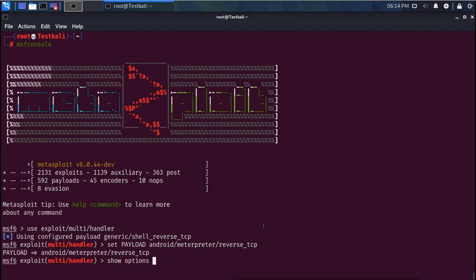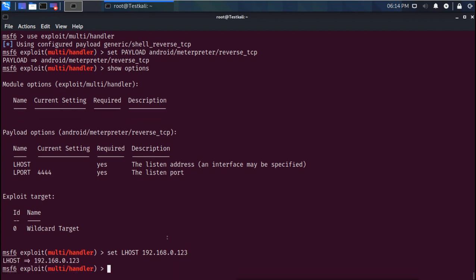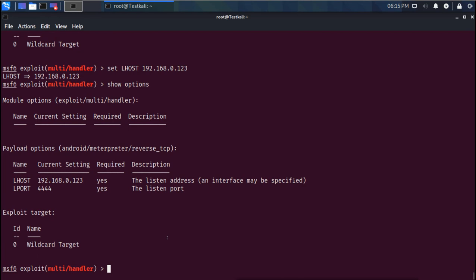This payload says it is going to use this port. Now we have not defined the port, so it is going to use the default port, and we have to mention the local host IP. We have not mentioned the port on that payload which we created with the MSF Venom, so we will not change the port, we will just mention the local host. So I will set LHOST as this Kali Linux IP address. And now we are ready to access that payload. So when the user installs the application and executes that payload, we are ready here for executing that.